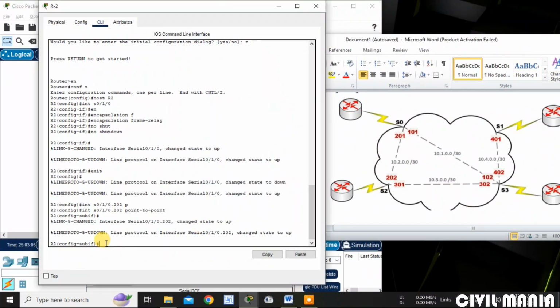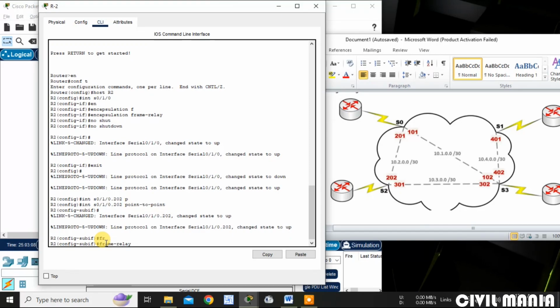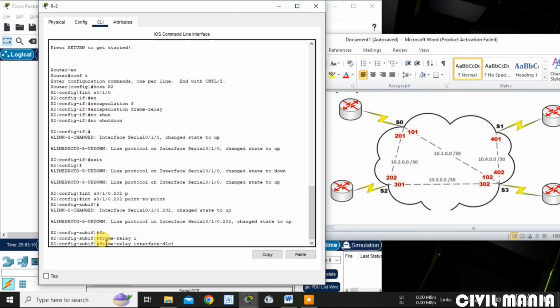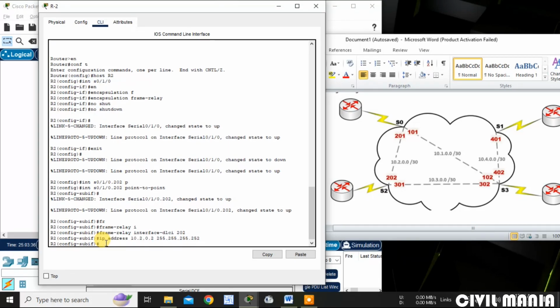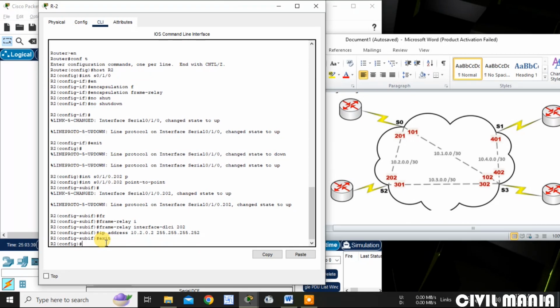Then after that frame relay interface DLCI 202. After that the IP address is 10.2.0.2, subnet mask 255.255.255.252, exit.